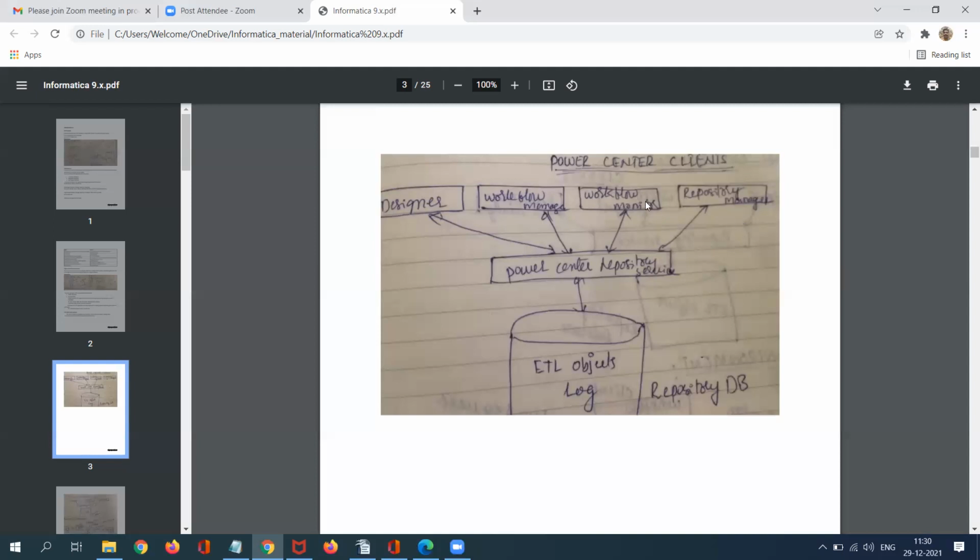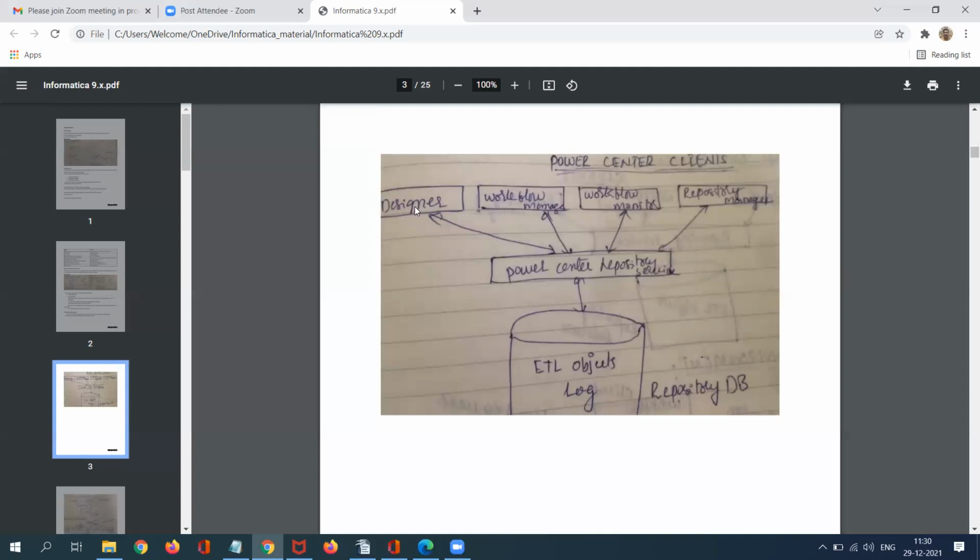In Repository Manager, you can create shared or normal folders. And you can delete the folder, you can edit the folder, or you can rename the folders with the help of Repository Manager.